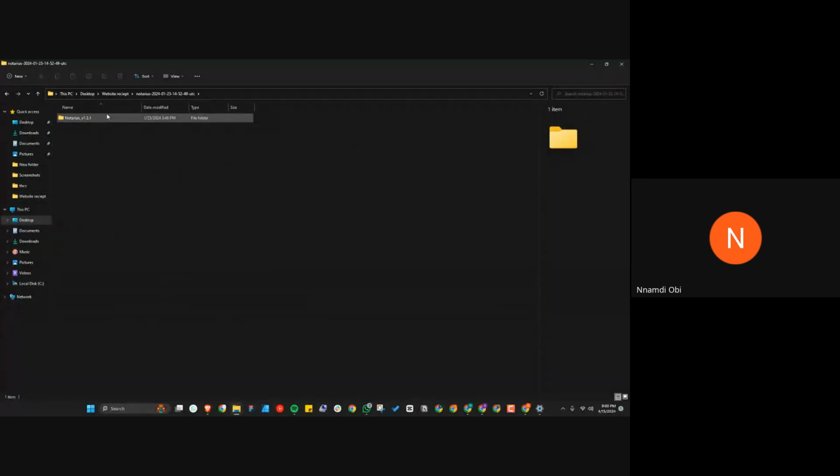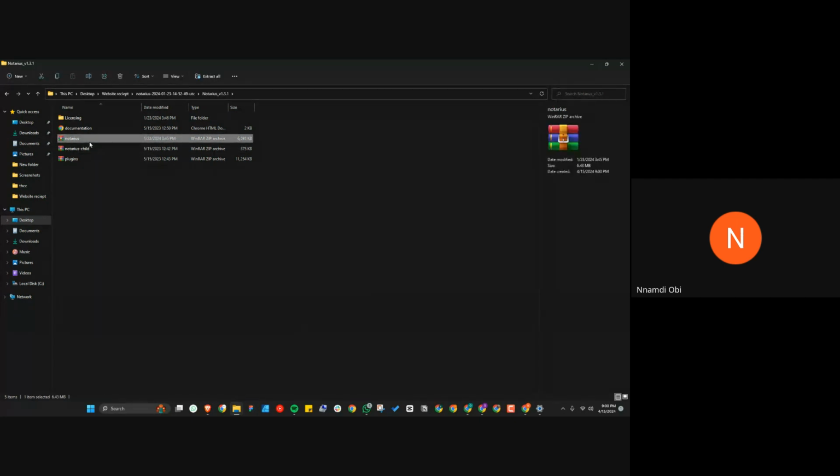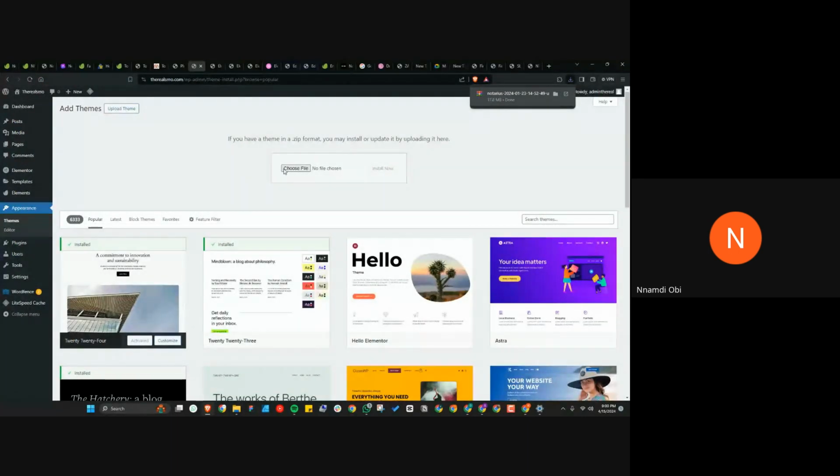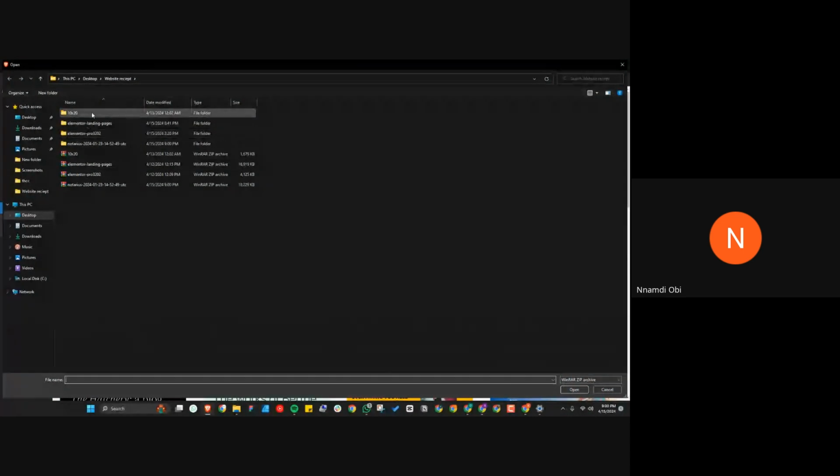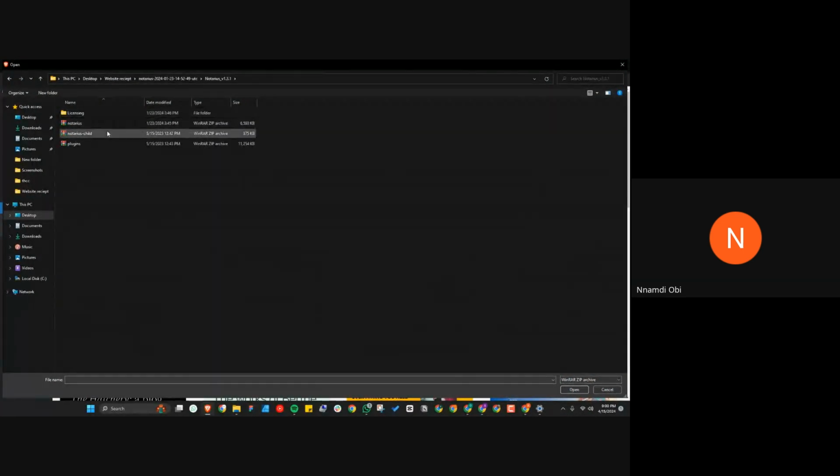So every theme usually comes with the child theme. The child theme is if you install it, whatever changes you make can always be deleted at any time, right? You don't have to save it. But I want to install the main theme. So I'm just going to go ahead and click on upload theme and choose file. So if I come here to Notorious, I'm going to pick this